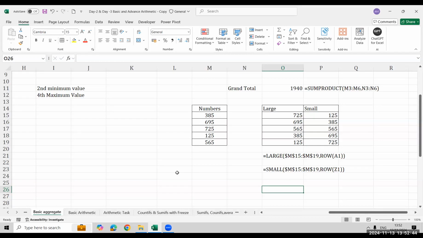So ROW bracket open and bracket close minus ROW, formula cell, and then I'll come there only, and then plus 1 also. So that it will give you